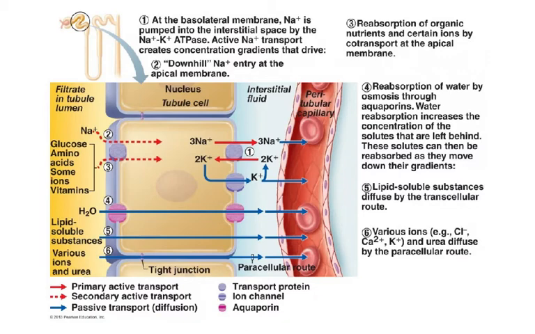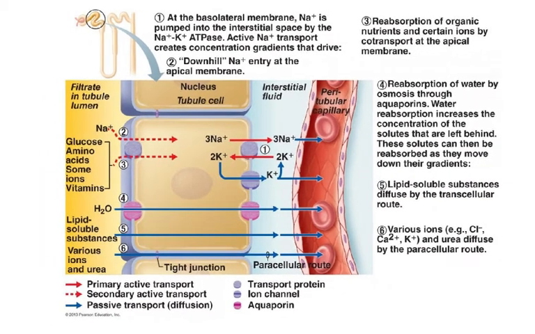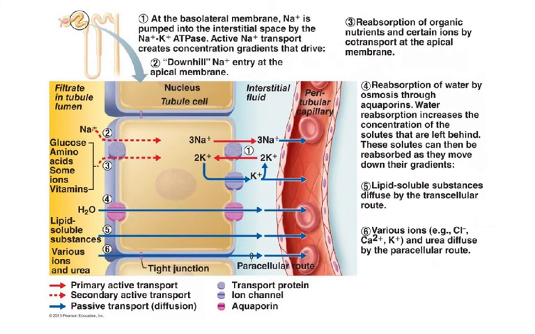So this is of course the filtrate in the tubule lumen. We have this here. Then you can see here the sodium potassium pump, so 3 sodium out, 2 potassium in, and the mnemonic for that is Nokia. And then we see how the sodium ions, number 2 as you can see here, downhill sodium entry at the apical membrane,